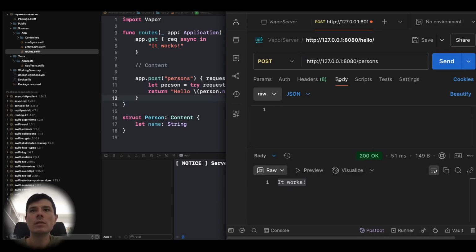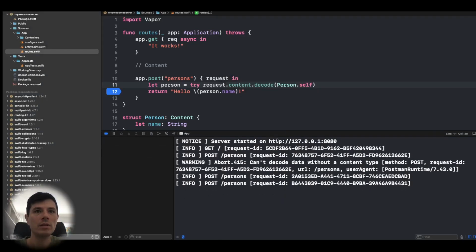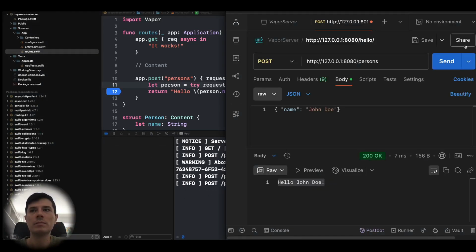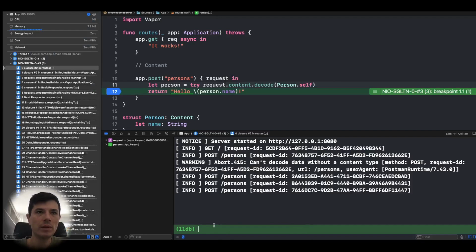It's JSON, and here is the body. I can do here name John Doe. And here I see that I'm getting the information. Let's put a breakpoint to see what the request actually looks like. Send, I hit the breakpoint, and now if I do request,